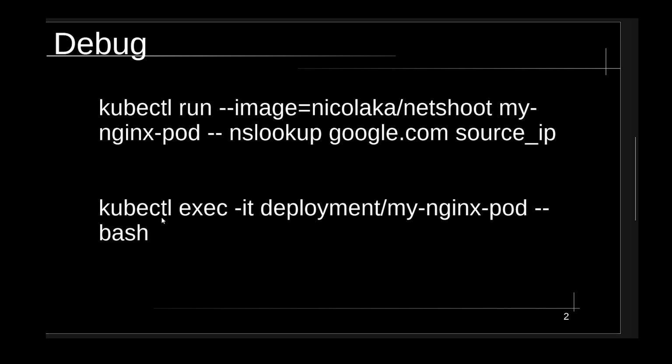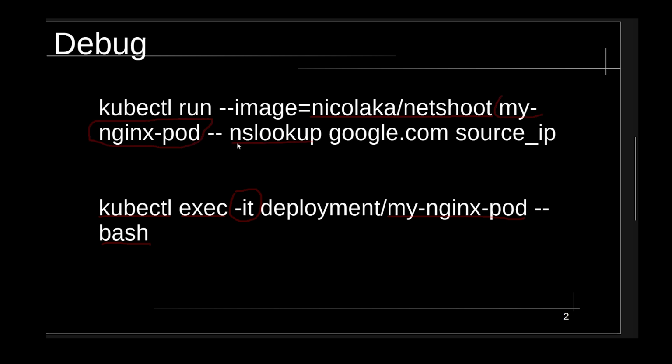Of course, the most famous one is kubectl exec with an interactive terminal, and then over a certain pod we can exec a bash shell, and we can enter this way inside of the pod and see from its perspective what might be wrong. The next command is using an external image, netshoot from Nicolaka, and it's executing over the my nginx pod,